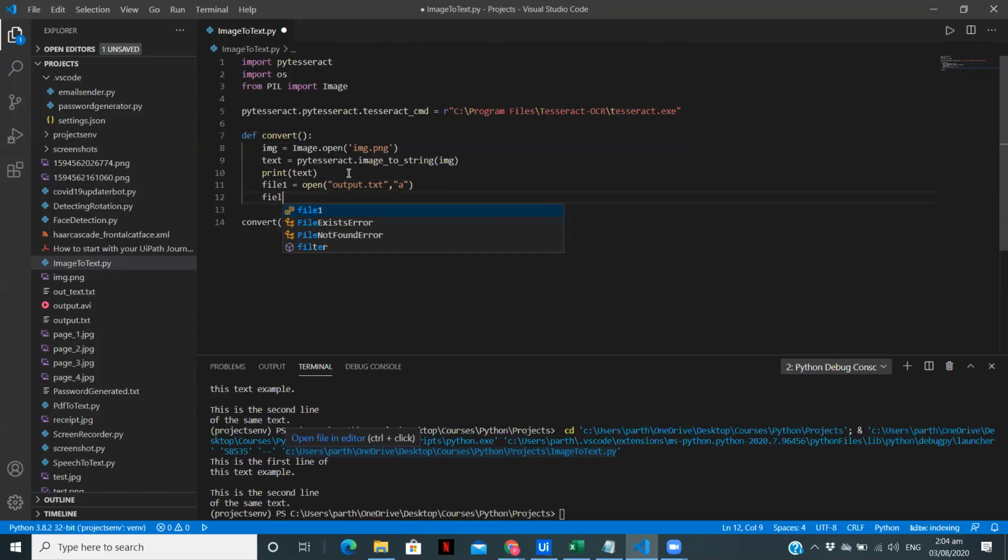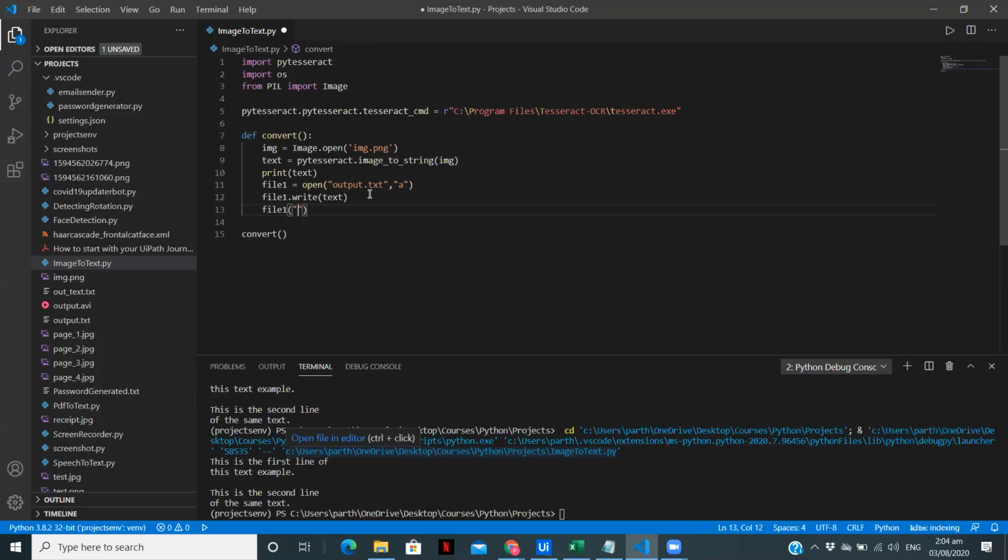So what I'm going to do now is file1.write. I'm going to write the text. You can see we are storing it in this variable, so I'm going to do that. Now every time I run a new image, I want it to go on the next line.